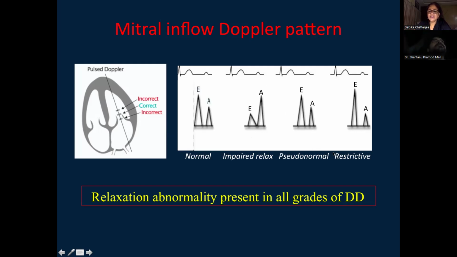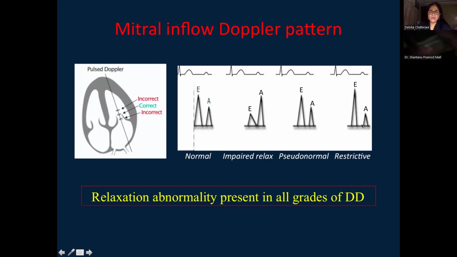Now, as the disease advances further, the LA pressure rises much more, becomes very high, and also the LV becomes non-compliant. So what will happen? The LA pressure is very high, so as soon as the mitral valve opens, the blood flows with a high velocity. But again, the LV is non-compliant, so the early equalization of the pressure between the LA and LV makes the quick deceleration of the blood. So a tall E wave,